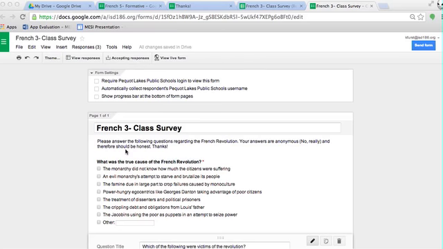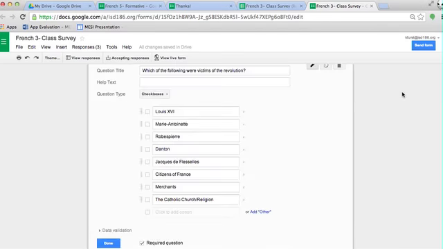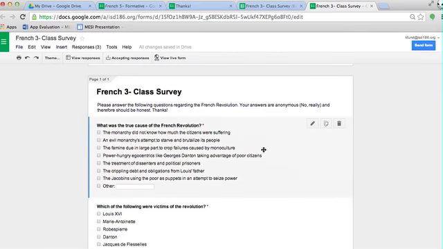But here in the instructions, you notice that I put on here your answers are anonymous. It's an important thing to emphasize with kids over and over, that we're not collecting, for this type of activity anyways, we're not collecting information, therefore they can be honest. And what I did here is I set up 3 questions based on an imaginary unit that I was doing on the French Revolution. And you'll notice from the very first question here, what was the true cause of the